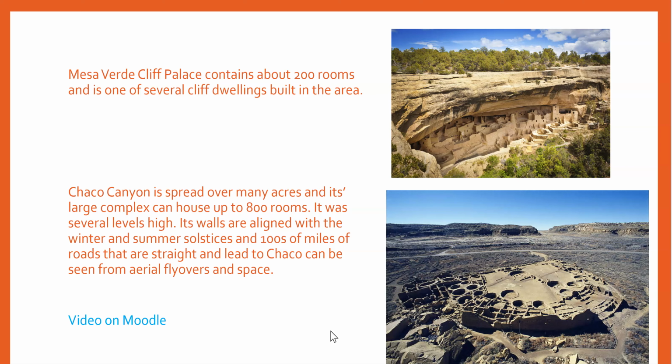Chaco Canyon has roads that lead to it that were handmade, that are straight as an arrow and go for hundreds of miles. Chaco Canyon also has artifacts from several different time periods, from several different cultures all over North America, Central America, and South America. So we know that trade was happening, but we also know that people were traveling to this as a site. So it's believed that Chaco Canyon was truly kind of like an ancient Mecca for these people, that going there had some spiritual nature about it.